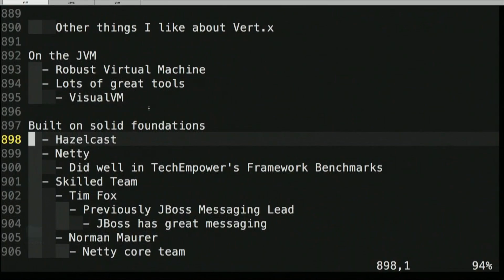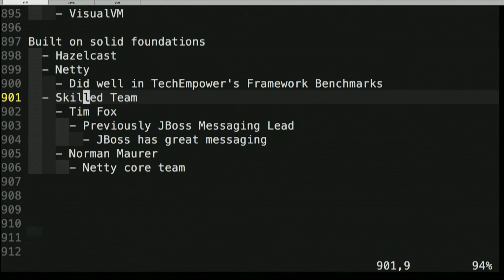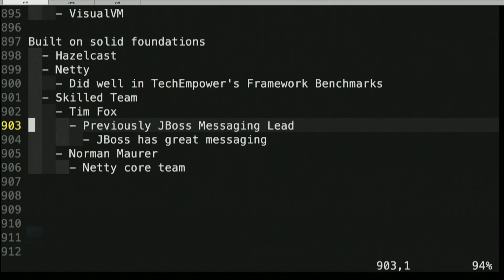And it's built with a skilled team of developers. It's built by Tim Fox, who was previously JBoss's messaging lead. If you've ever used JBoss, it has some awesome messaging, some crazy singleton distributed clusterable messaging things. I use the JRuby version, which is TorqueBox, and I really quite like it. And Norman Maurer, who's on the Netty core team. So these are the guys working on Vert.x. They're the guys with a lot of experience in terms of messaging, and as you can see, they've done a pretty good job. Just speaking a bit more as to Vert.x and Node,